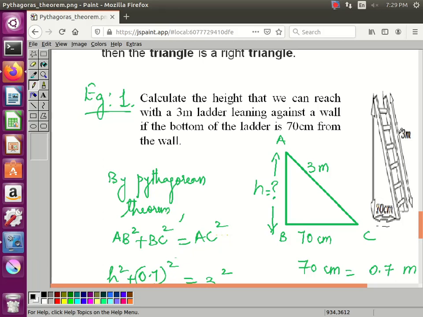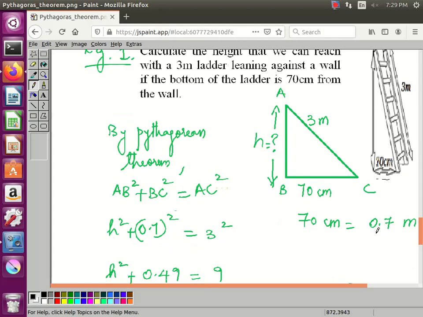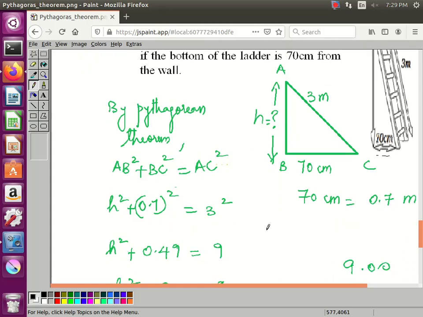Okay, so I have chosen to convert the centimeter into meters. Because you know why? If I give the answer for the wall's height in centimeters, it doesn't sound good, right? We always measure such things in meters, right? It doesn't sound proper when you say the height of the wall is so many centimeters. So I chose to keep it as meters. So I converted the 70 centimeter into meters. So 70 centimeter is equal to 0.7 meters. Okay, so I hope you people know how the conversion works.